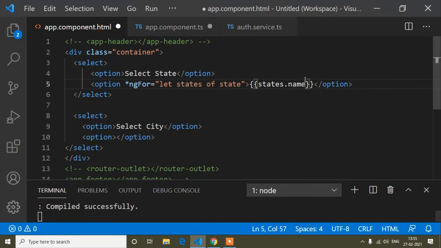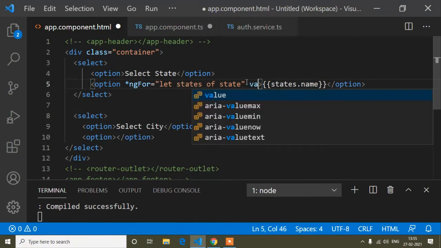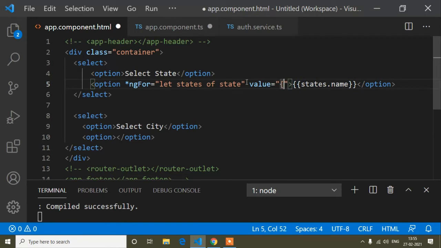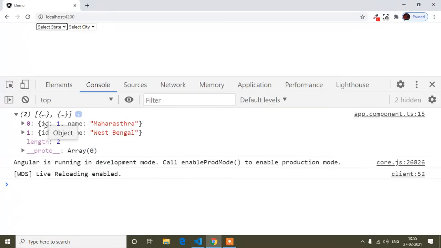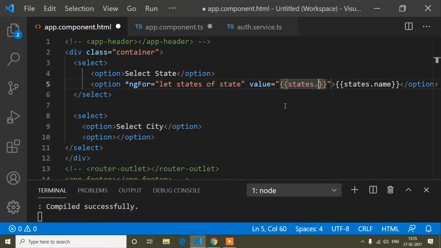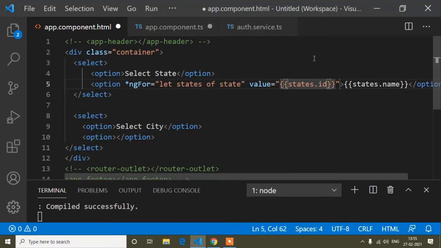So I have bound state dot name, and inside here I will write a value, and I will bind the value the same way, state dot id. How I am binding this value, in the next step you will get it.